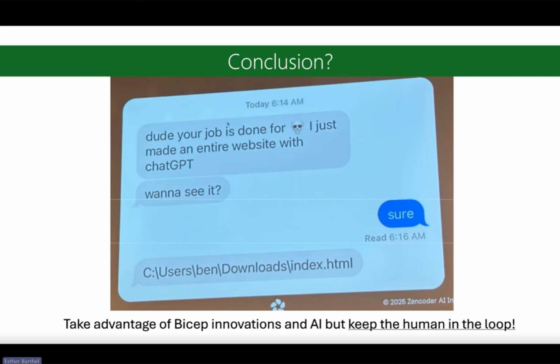But from a troubleshooting perspective or a root cause analysis, I still need to help that agent get the context perfectly for my specific situation.